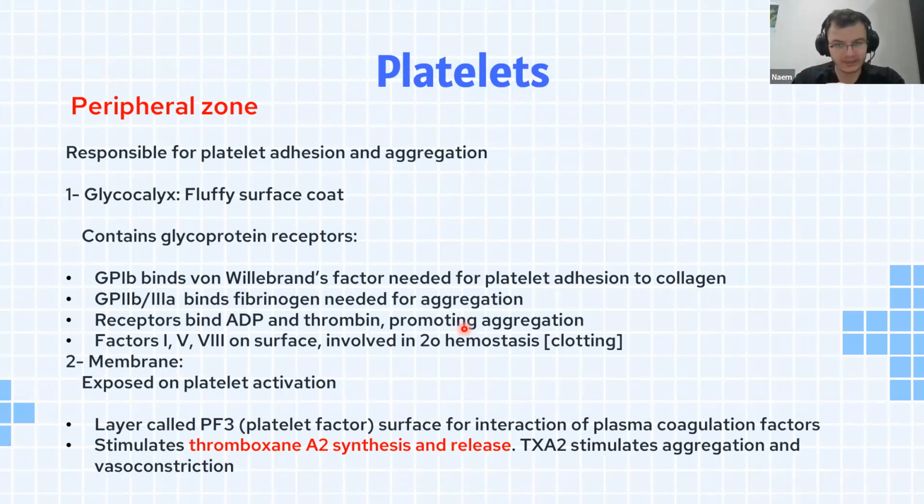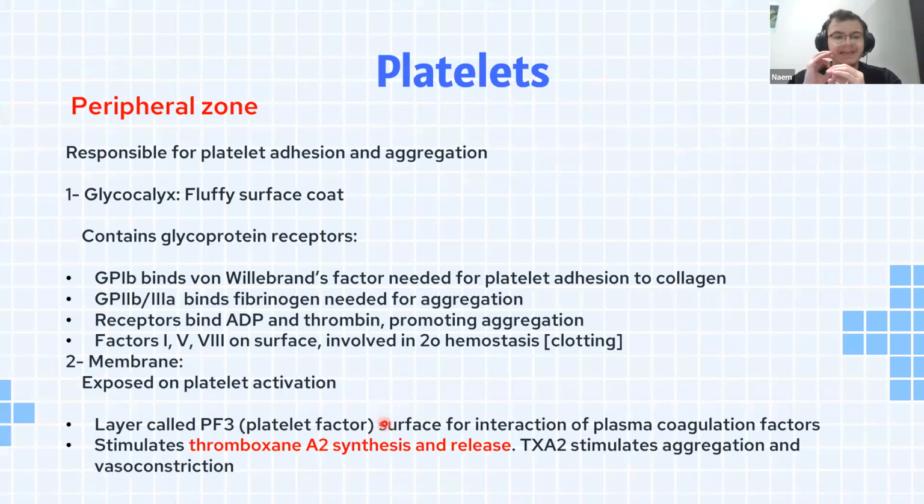When this factor interacts with plasma coagulation factors, which are these three factors that I talked about, 1, 5, 8, and any other factor like thrombin or anything else in the body that leads to aggregation, it's going to produce a very, very important molecule